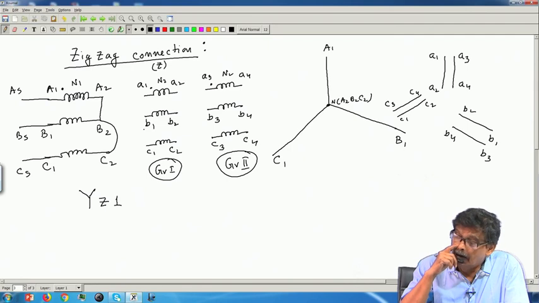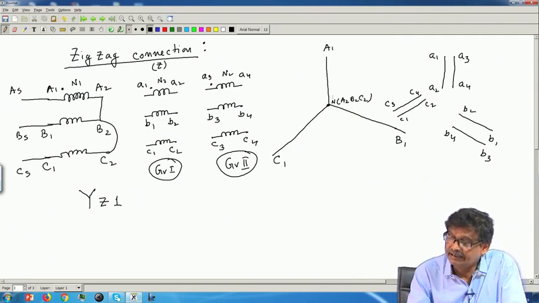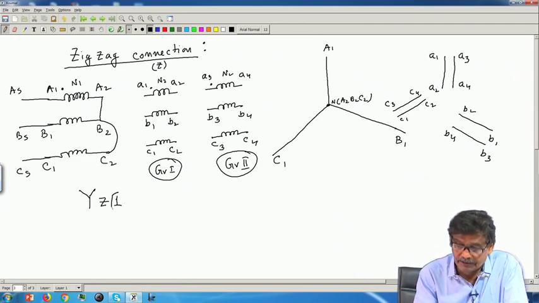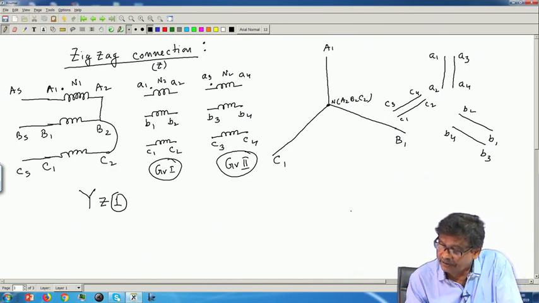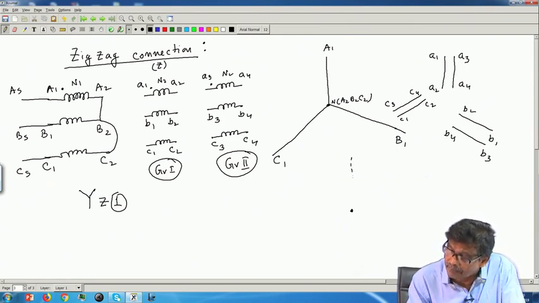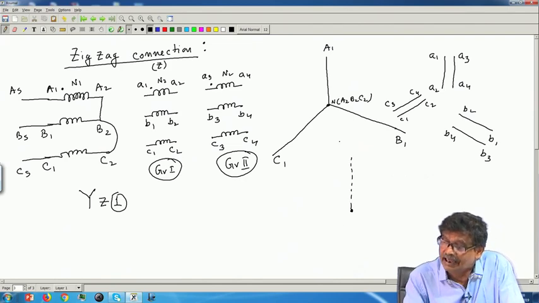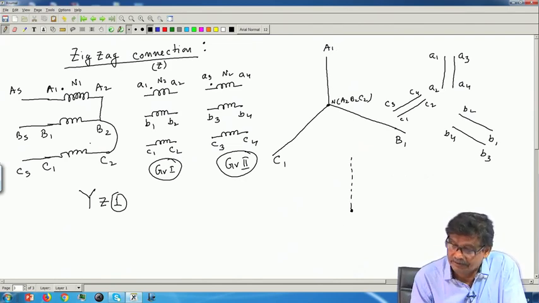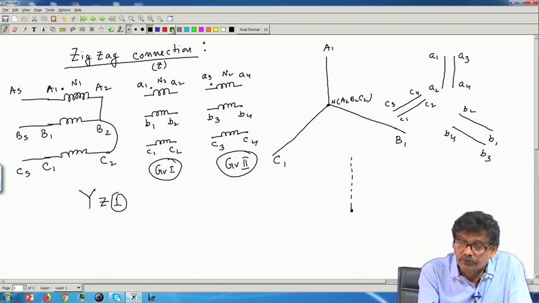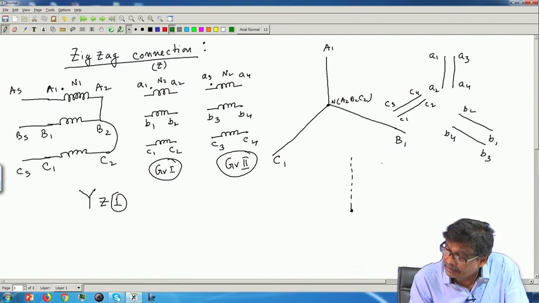Okay. Now, if this is the thing, this is A1n, therefore, A phase from the secondary, if it is 1, suppose this is the secondary neutral, which one will become neutral I am not sure yet. Suppose it is neutral, this is the A phase of the primary and I am telling it is 1 means 30 degree lagging. So, what I will do? I will draw a line 30 degree lagging here.